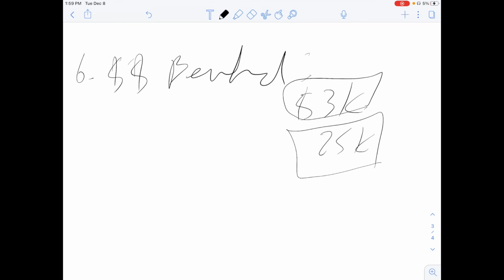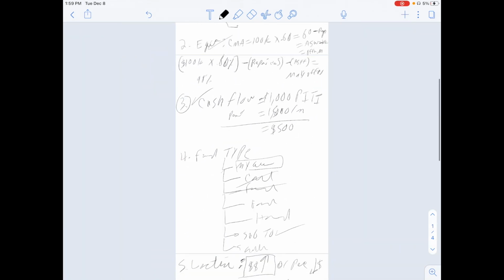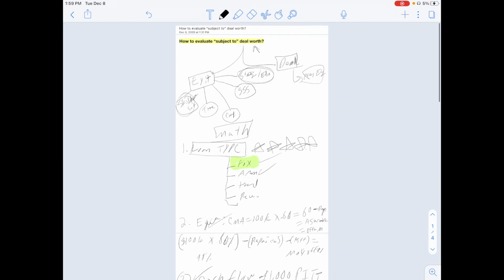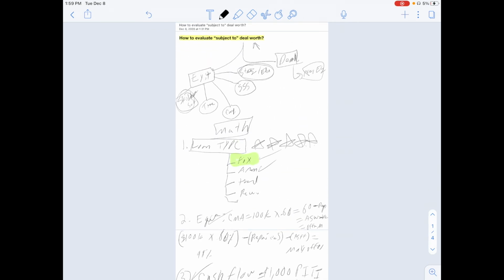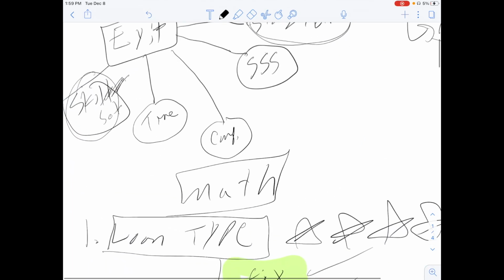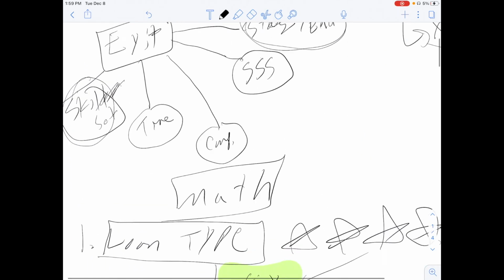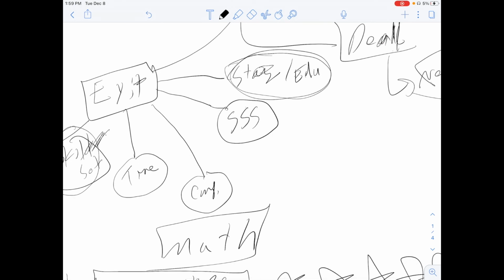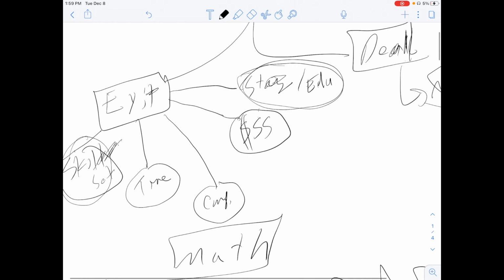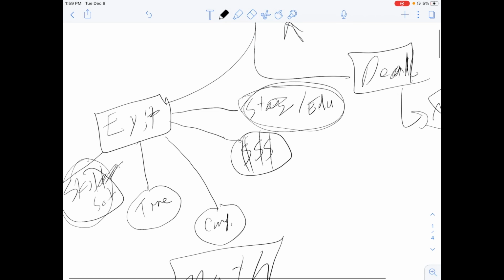So as you can see, there are many different factors that go into a deal. The first factor is the psychological aspect. What type of skill set do I have, how much time do I have, do I have the confidence, or does the person I'm going to sell to have the confidence? How much money is going to be required? And the strategies: does the person I'm going to sell it to know lease options? Do they know landlording, or are they only a fix and flipper, or only a wholesaler? I have to understand that.